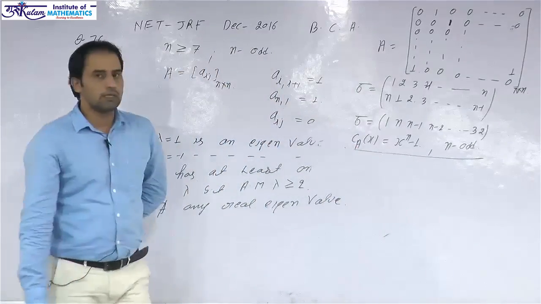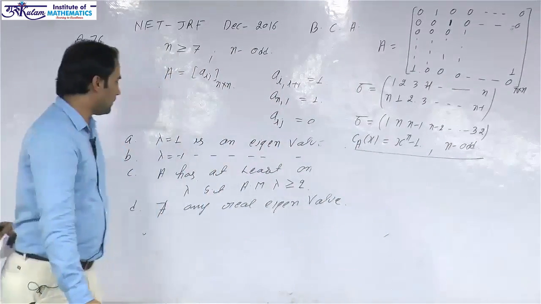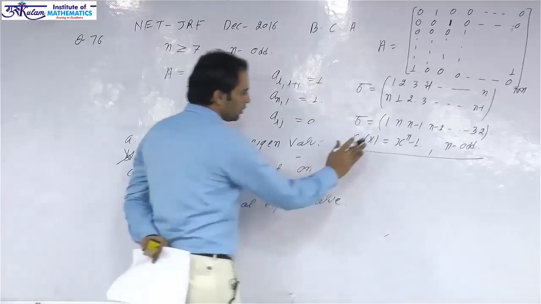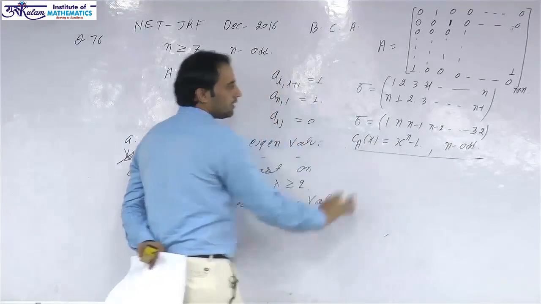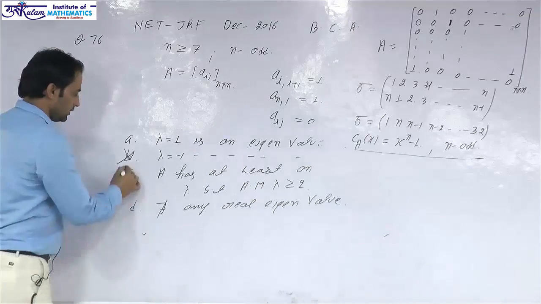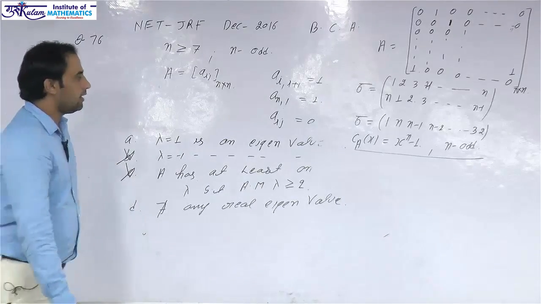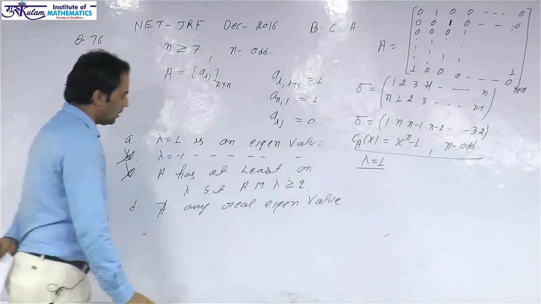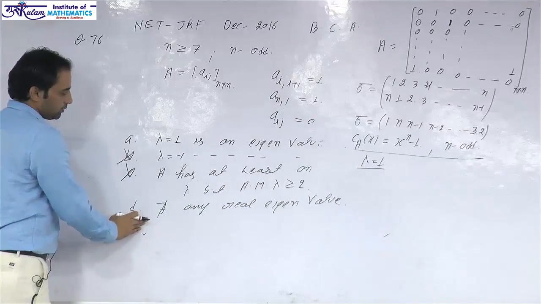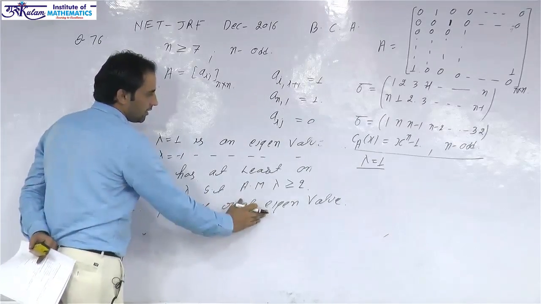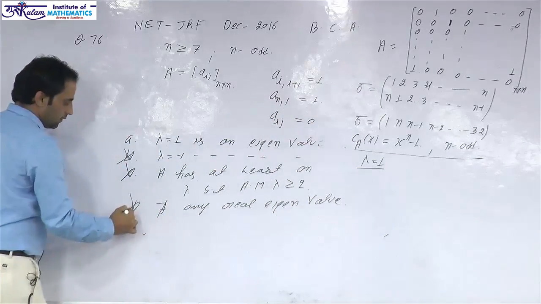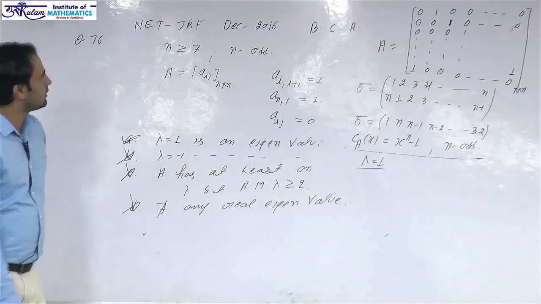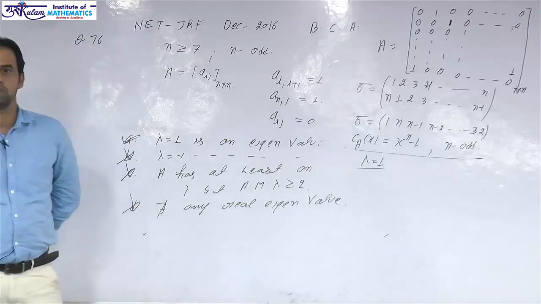So there is no cycle with even length, so hence lambda equal to minus 1 is not an eigenvalue, and all the roots of this polynomial are distinct roots, that is, the algebraic multiplicity of each eigenvalue is 1. So the third option is incorrect, and since we know that lambda equal to 1 is always an eigenvalue, the D option is incorrect, since D says there does not exist any real eigenvalue. Lambda equal to 1 is always an eigenvalue. So the first option is the only option which is correct. This question was asked in December 2016, and is based on permutation matrix.